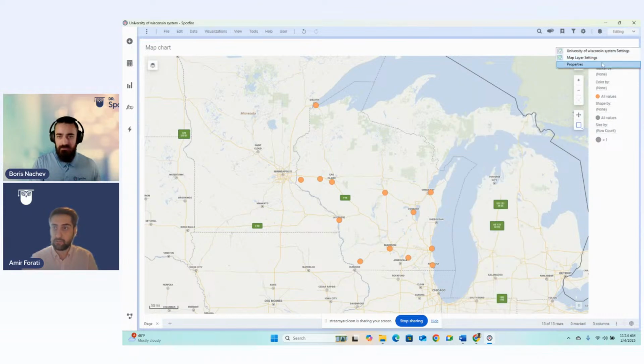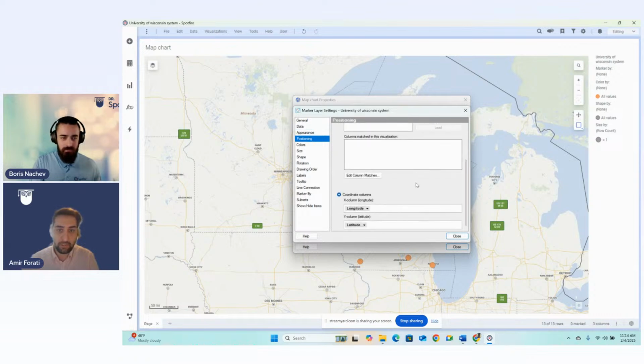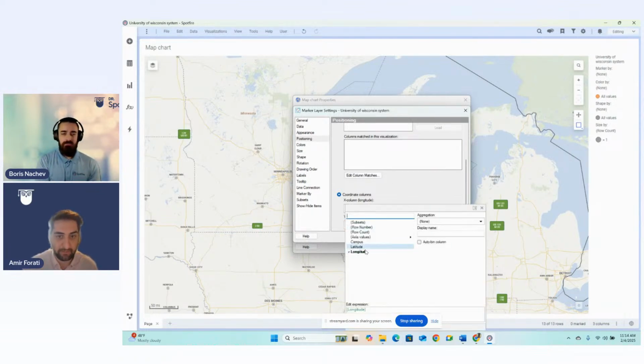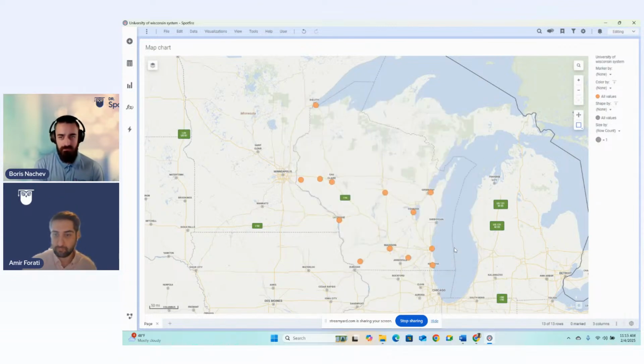If you go to the properties of your layers, in the positioning, you can see that it automatically detected that longitude is representative of longitude and latitude is representative of latitude. If you have columns with other names, you can come here and specify which column corresponds to the X column or longitude. So now we have all of the UW campuses as points on our map chart. The next step would be to add our